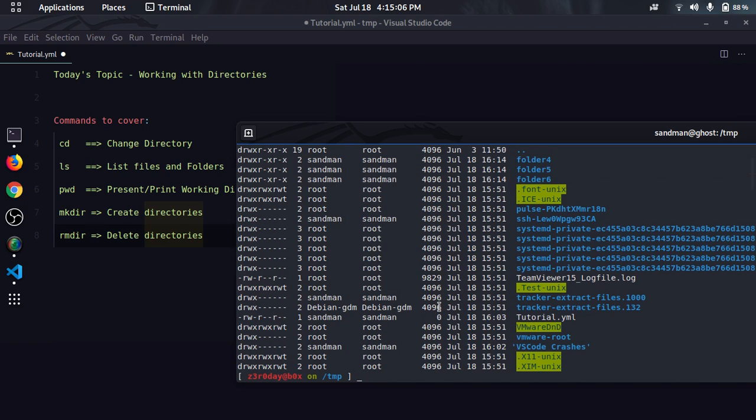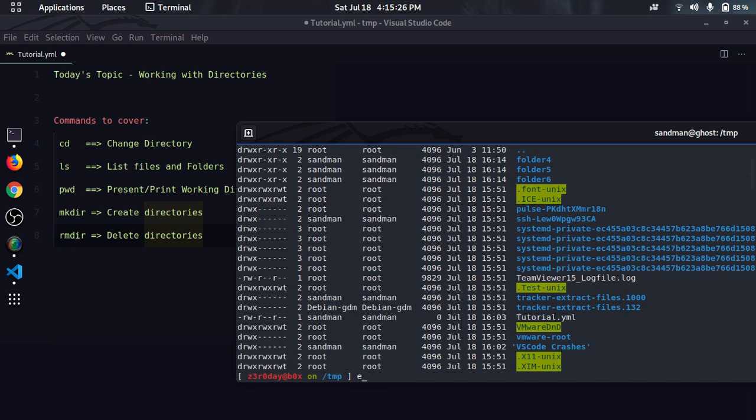There is one special case with mkdir and rmdir, that is, we cannot create multiple nested directories using mkdir without a special argument, and we cannot delete the directories with rmdir if there is any kind of data in it. Let me show you.